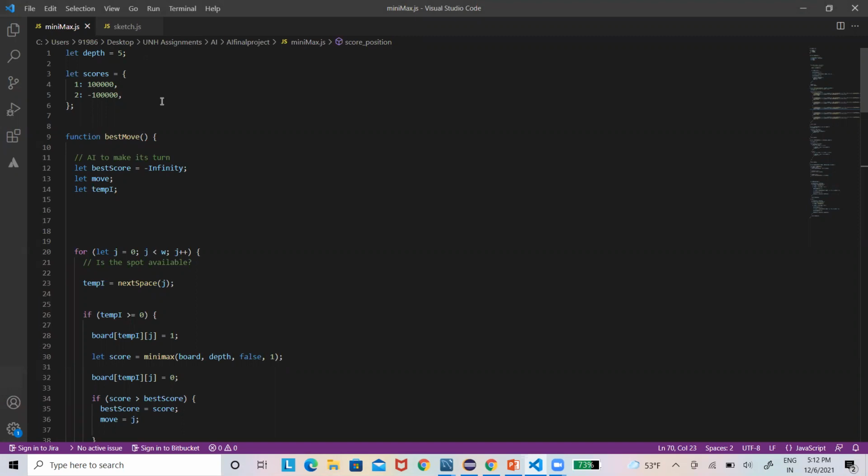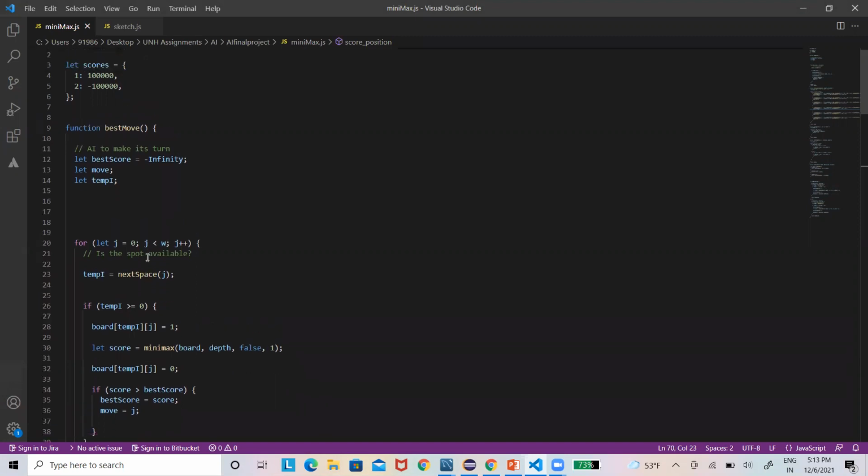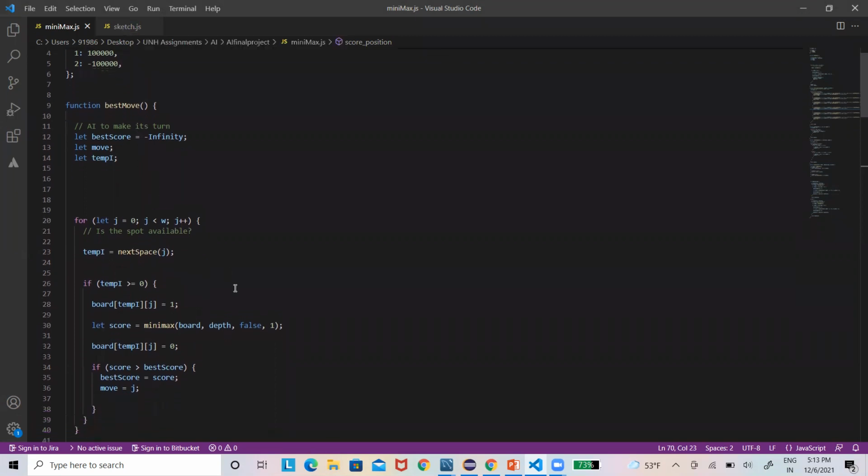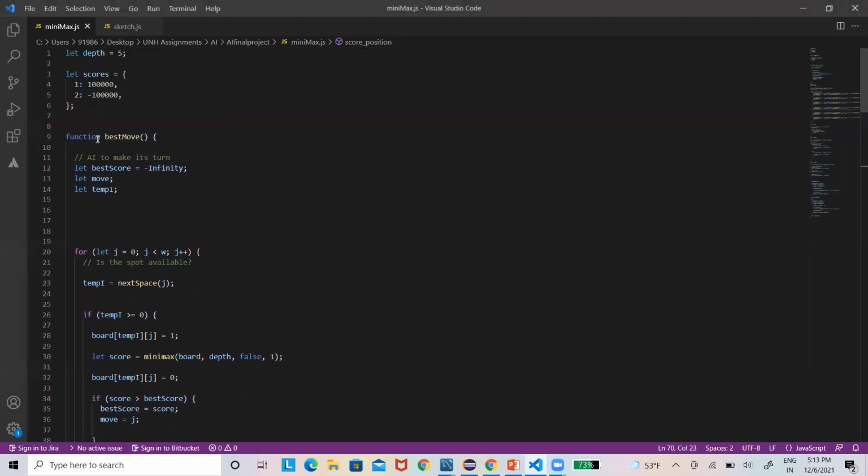Here we have the sketch and minmax algorithm, which contains the main code to declare the winner. These are the scores, and this is the depth of 5. Usually we would take minus infinity to plus infinity, so here we took 1 lakh to minus 1 lakh.